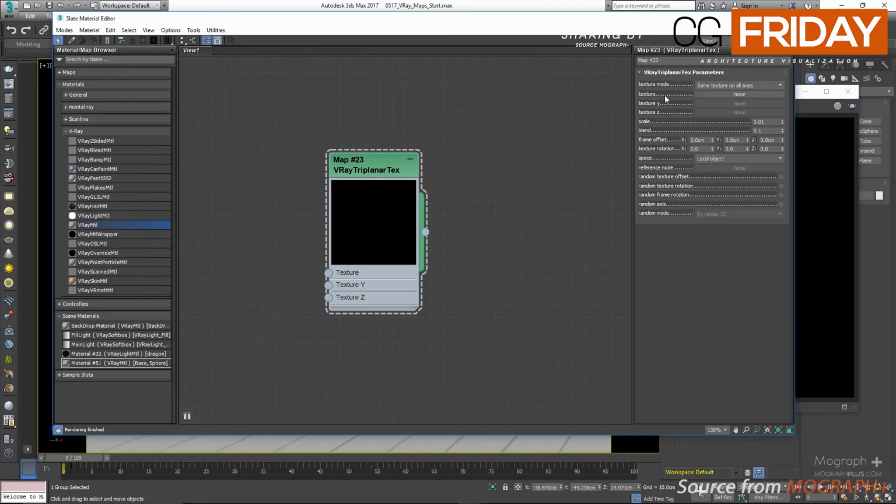We have the Texture X parameter, and this one specifies the texture to project when the texture mode is Different Texture on Each Axis. This is the texture for the x-axis. Texture Y specifies the texture to project along the y-axis when the texture mode is Different Texture on Each Axis. We have Texture Z, which specifies the texture to project along the z-axis when the texture mode is Different Texture on Each Axis. Now let's create a new V-Ray MTL